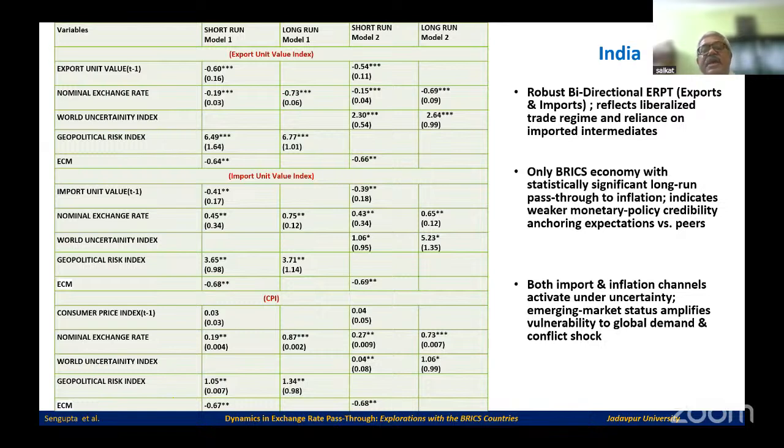So you would see in the table that world uncertainty index and geopolitical index are both significant for all export price, import price, and CPI at 5% level. And there is exchange rate pass-through for export price, import price, as well as the consumer price index. Next,